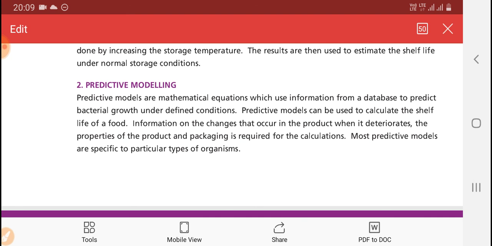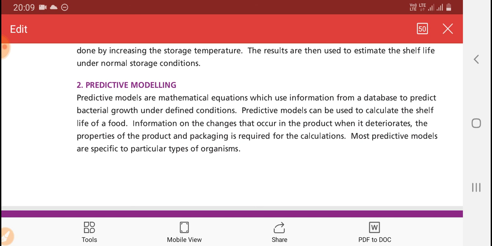Most predictive models are specific to particular types of organisms. So which type of microorganisms are naturally growing in your product, and you can use the database that shows that these microorganisms can spoil your food products within this period of time, and based upon that predictive modeling, you can